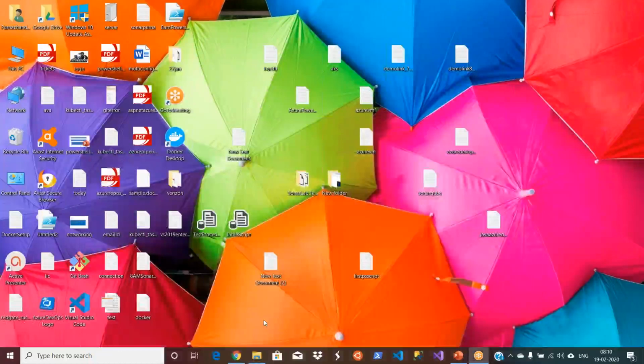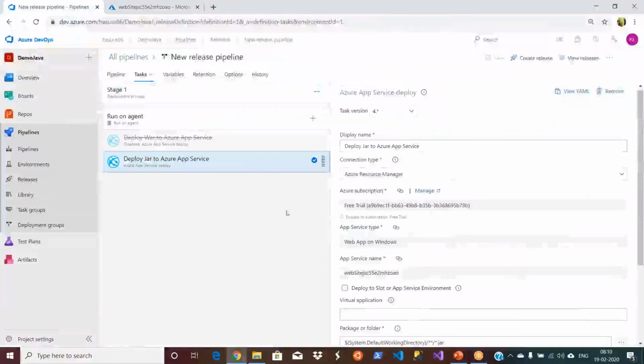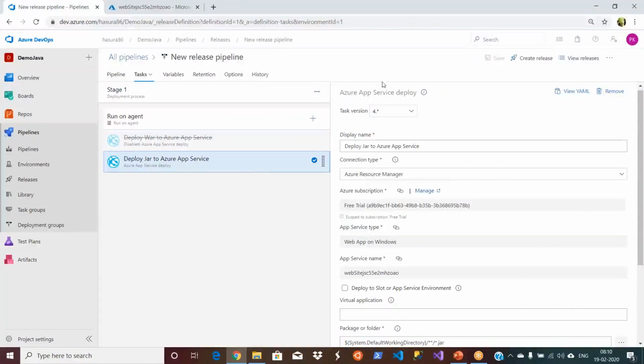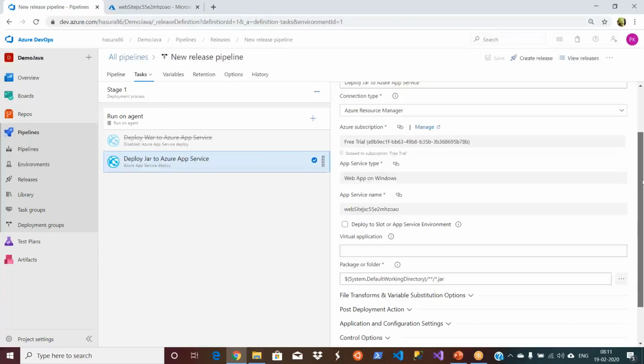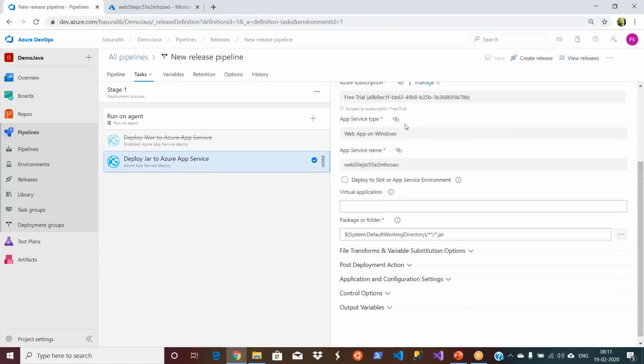So in organizations, there might be some applications or services which go to app service as well, where you do not need to maintain any virtual machines and configure virtual machines for your deployments or to run your applications from there. Okay, so that is the scenario, and when you added this Java app template, we got this one. One task is related to WAR file, and this one is related to jar file. My project is related to the jar file, nothing but a service. Okay, and these things have automatically come from the top level.